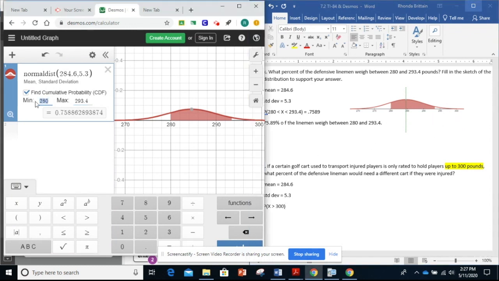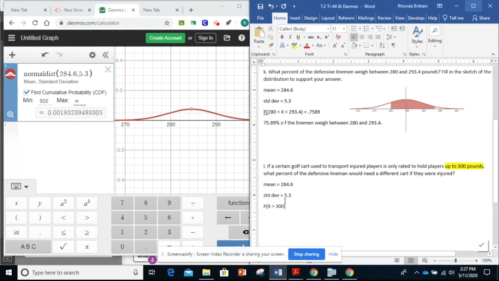So one way to calculate that would be to type in 300 for the lower, and then I'm going to use my infinity, and I'm going to get 0.0018. Now, written as a percentage, that's 0.18% of players would need a different cart